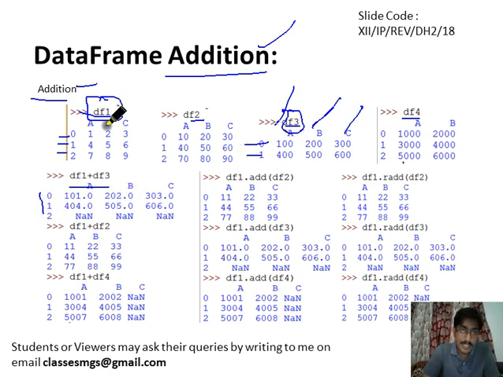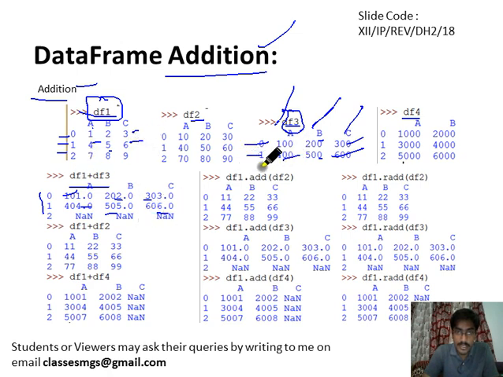So if we add these, element-wise addition will happen: 100 and 1 will add to 101, 2 and 202 gives 202, 3 and 300 gives 303, 4 and 400 gives 404, 505, 606.